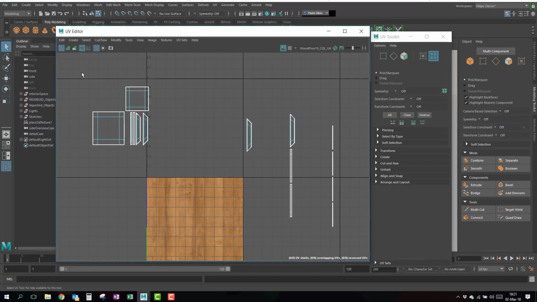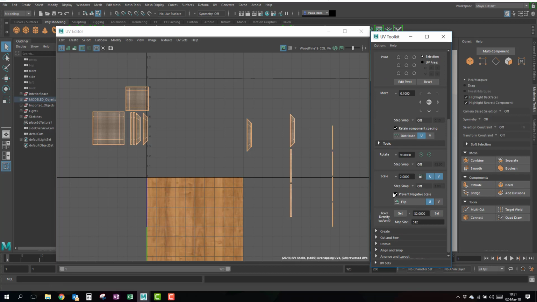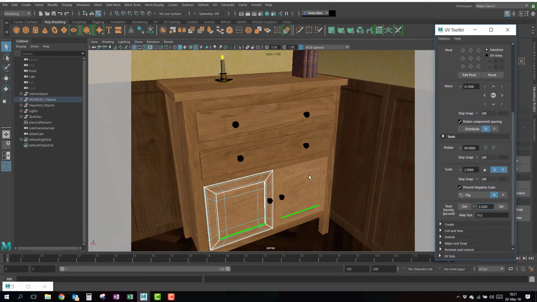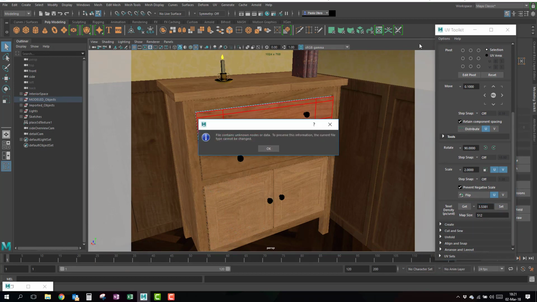I select my UV shells, and in the transform section down here, on texel density, I click on Get, and then I have 3.5381. I don't even have to copy it because it keeps that value. I already got it, so I'm just going to select this object,